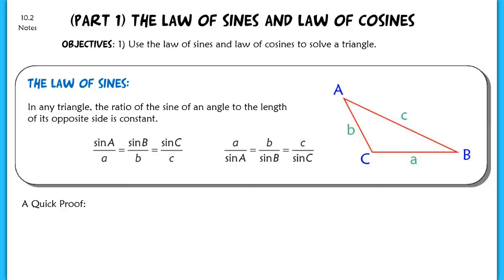This lesson is part 1 of section 10.2. Today we're going to be discussing the law of sines and the law of cosines. Our main objective for today is to be able to use the law of sines and the law of cosines to solve a triangle. Now notice that we are missing a word that we typically see right here before triangle,